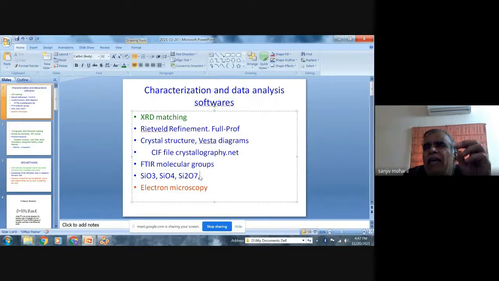But in many oxide type of materials, oxygen may exist in various configurations, and such molecules or molecular ions may exist. So for identifying such molecular ions, I can use FTIR. So it will again confirm that yes, I have found whatever phase I wanted, either metasilicate, pyrosilicate, or orthosilicate, and so on. So FTIR is useful for identifying the molecular groups, not the structure, but only the molecular group.